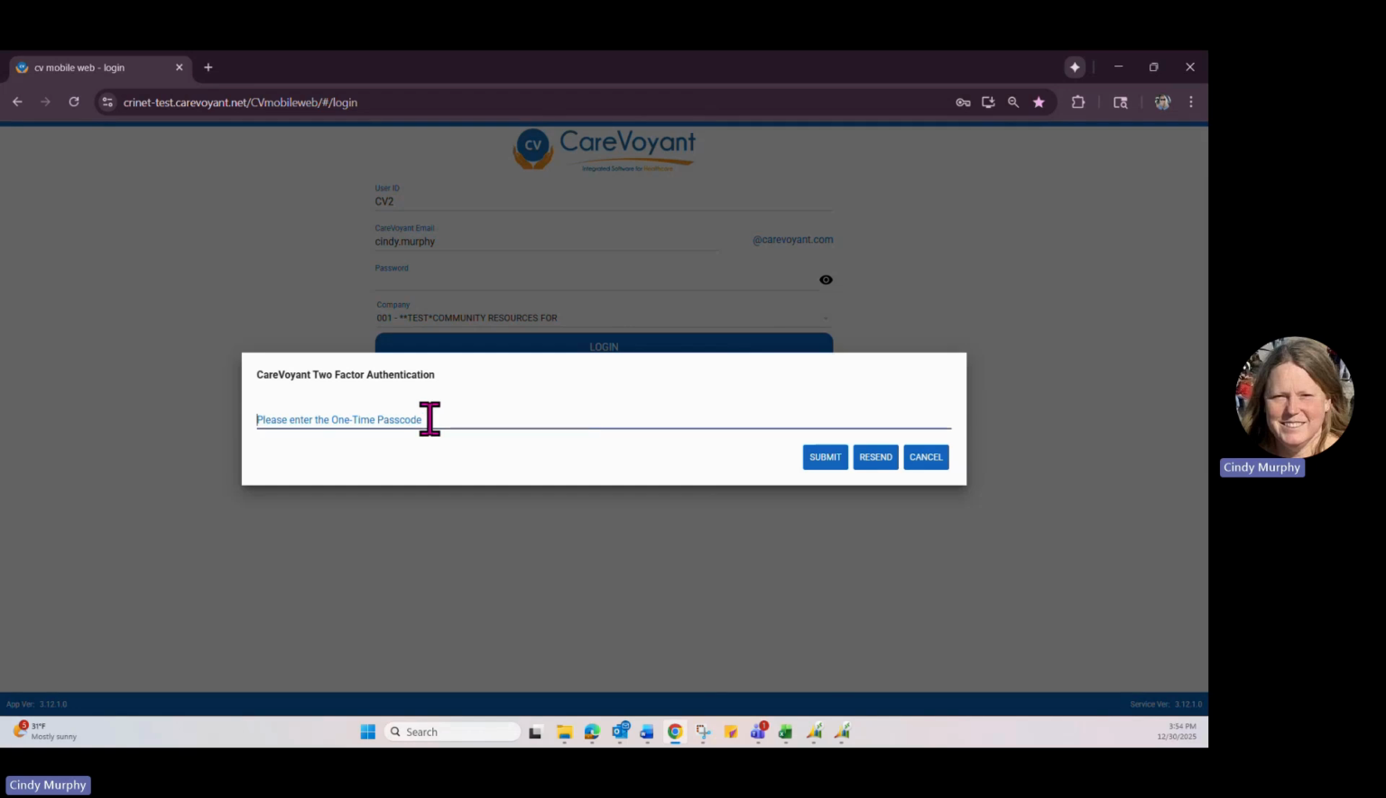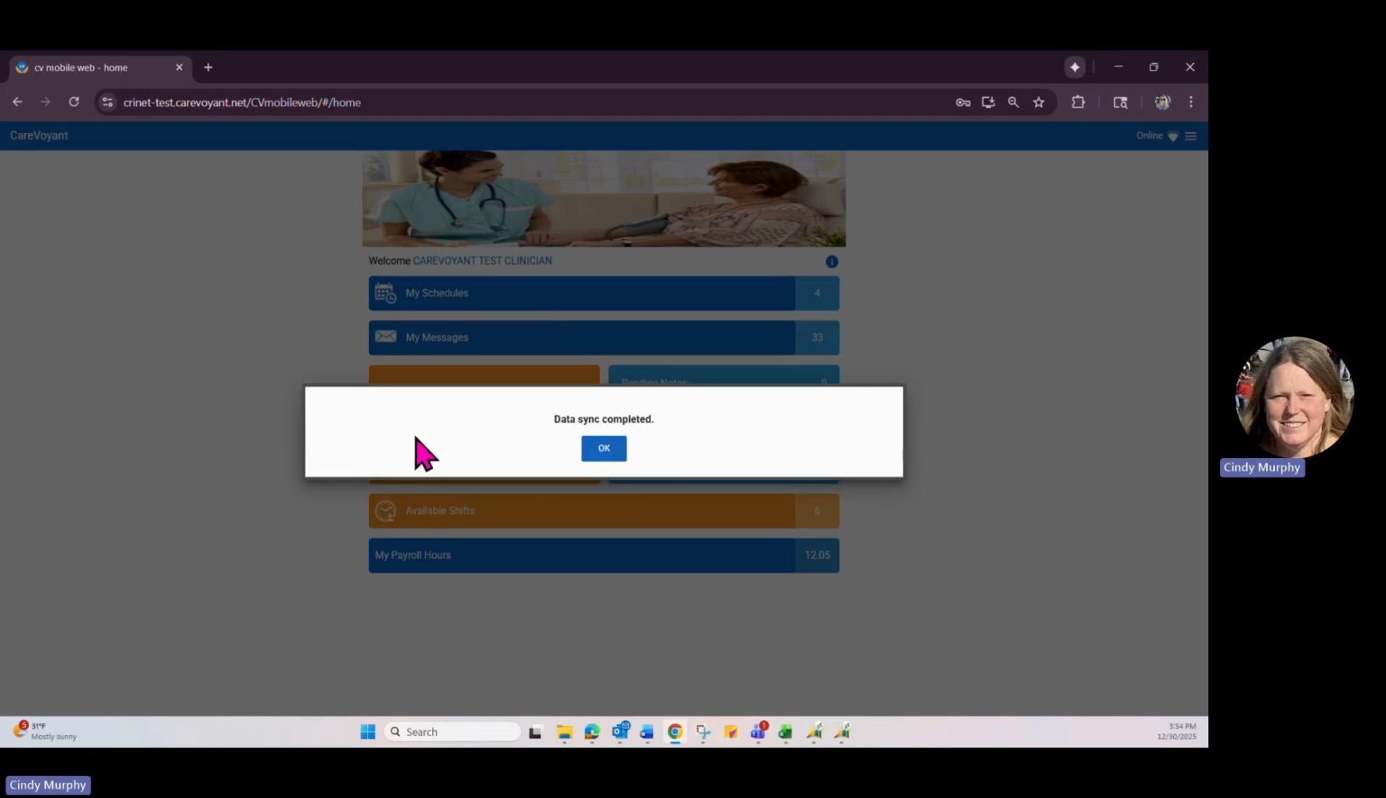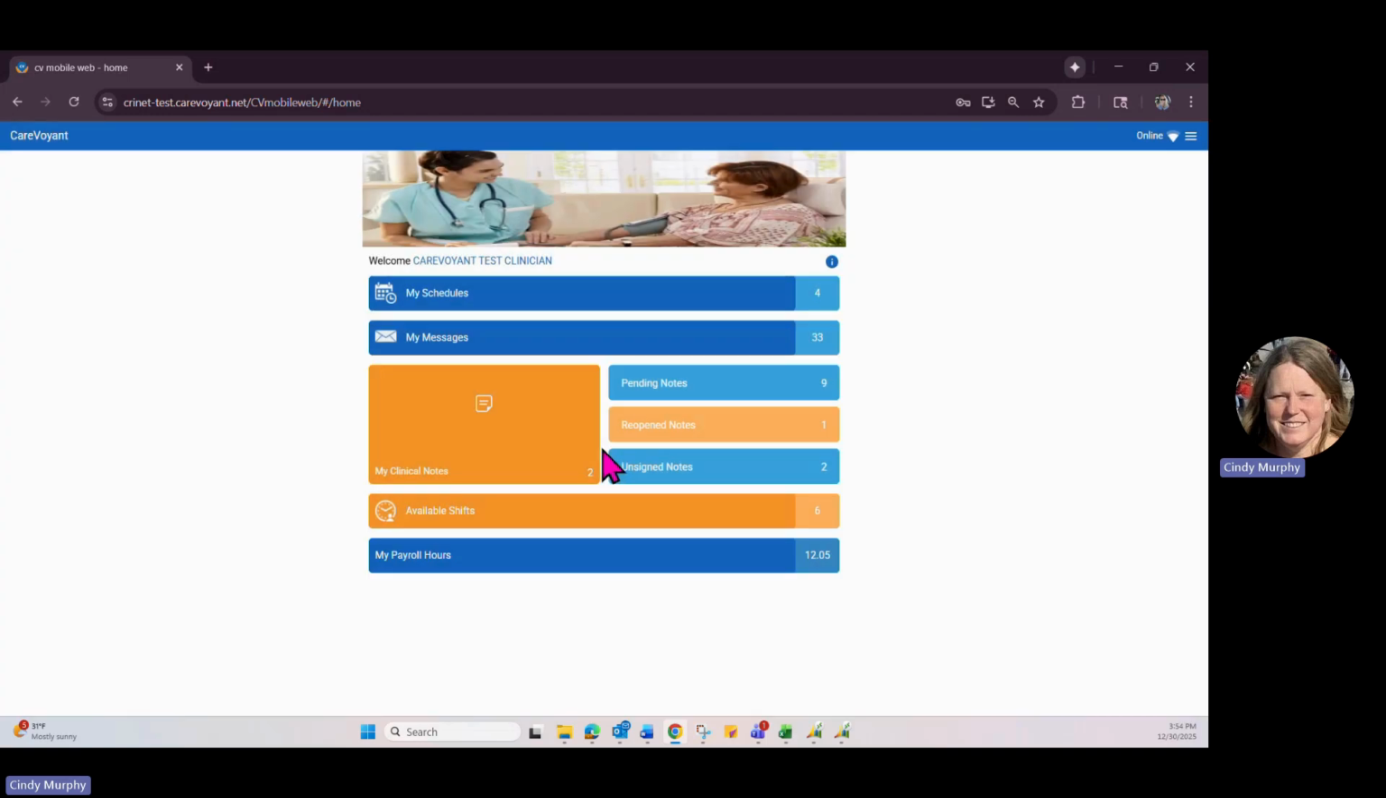And go ahead and enter it and submit. Once you click submit, you will notice that you'll get a message saying that it's syncing the data between the device and the server. That just means that it's pulling down all of the most recent information that has been entered since you were last online and updating all of that information to your device. Once the data sync has completed, you can just go ahead and tap that OK icon, and you'll be on